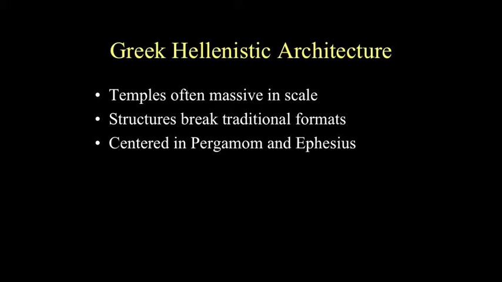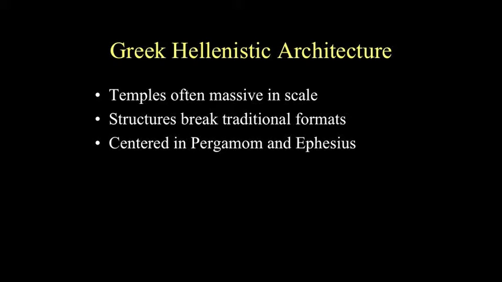The beginning of the Hellenistic period is dated with the death of Alexander the Great. Alexander the Great was an extremely powerful military leader in the fourth century who led armies into Egypt, into the Near East, and basically conquered the majority of the known world at the time. He is the key figure that we associate with the beginning of the Hellenistic period. And the other date that we also talk about is the end of the Hellenistic period, which is at